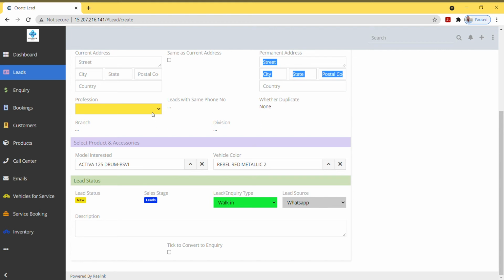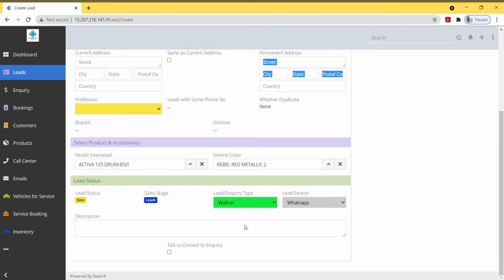So right now the client information is entered, the products are also entered. Now we type in from where we got this particular lead. For example, your lead can either be a walk-in to your showroom, or your lead can be obtained through a telephone or through digital marketing.